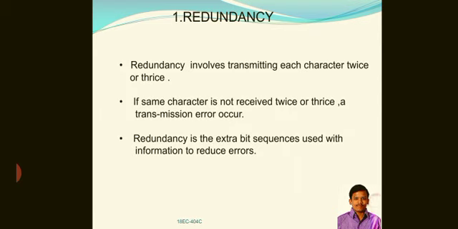For example, in the last session when I talked about asynchronous communication, for each character we add some extra bits like start bits, stop bits, and parity bits. So in redundancy also we transmit extra bits, that is duplicate or triplicate. With this we find whether an error occurred or not.